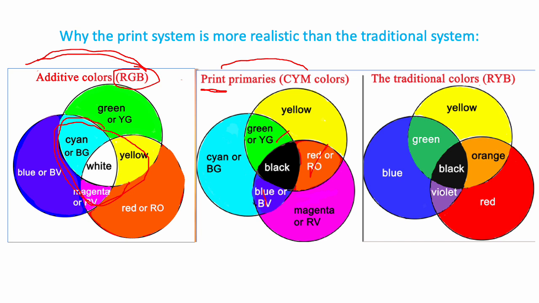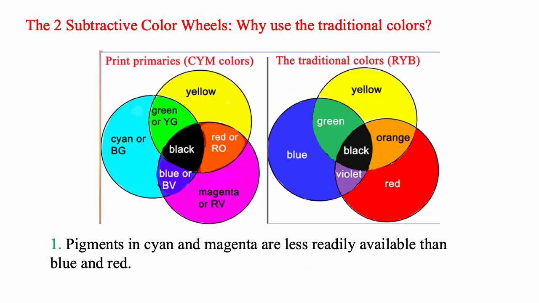And the primary colors in the print system are cyan, yellow, and magenta. So you can see that the primary and secondary colors of the additive and print systems are reciprocal, so they're directly related to one another. Even though the print primary system is more realistic than the traditional system, I'm going to use the traditional colors